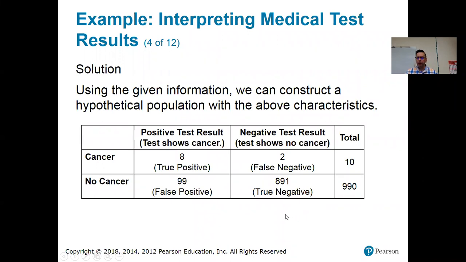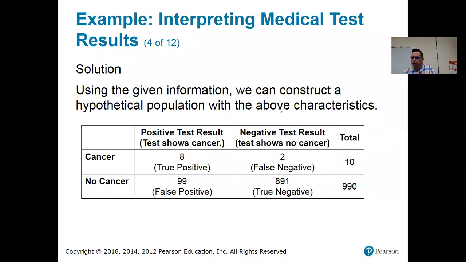So to start off with, we know that 1% of the population has cancer. So that's these 10 people right here. 10 people out of 1,000 is 1%. Okay. And then we know that out of those 10 people, the test will detect cancer in 8 of them, because 8 out of 10 is 80%. Which means that the other 2 people, it won't detect the cancer. Okay, so let me bring up my pen here